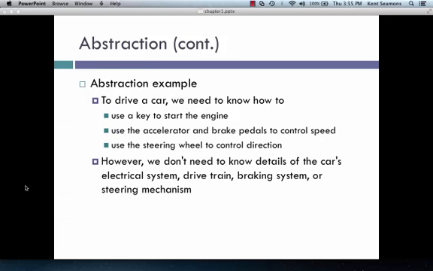We use abstraction all the time in the real world. So to drive a car, we need to know a couple of basic pieces of information. We need to understand how we can use the key to start the engine. And if we can understand the accelerator and the brake pedals for controlling speed and the steering wheel to control direction, that gives us most of what we need to be able to drive. Now, you don't need to know all the details of the car's electrical system, the braking system, or the underlying steering mechanism. And that makes it very nice because we can drive and we can ignore a significant amount of